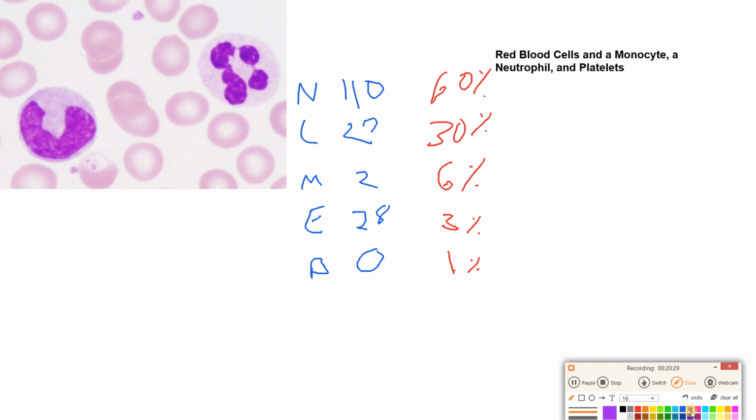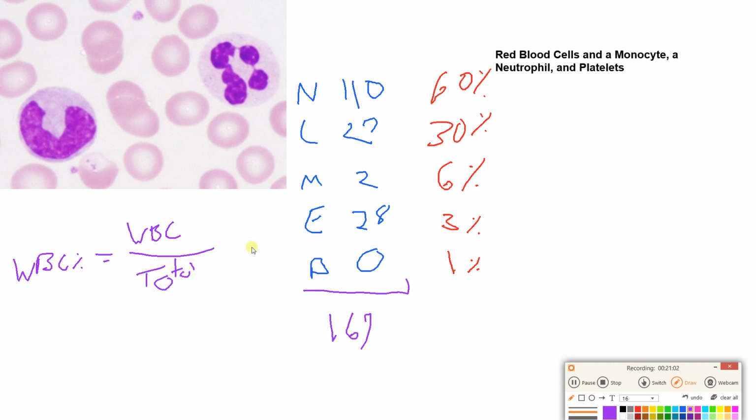Well, the first thing I would do is add them all up. So 110 plus 20 is 130, 137, 139, 159, 167. 167 here. Then I could figure out the white blood cell percentage. I would take the WBC I'm interested in, divide it by the total, and because it's a percent, I'd times it by 100. Let's do just 2 examples here. Let's do neutrophils,